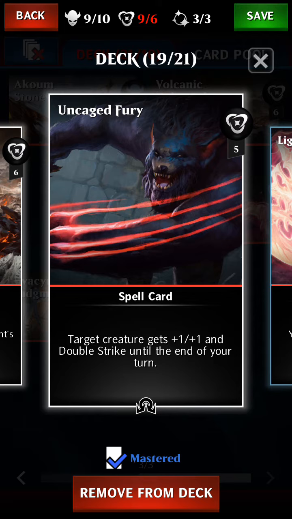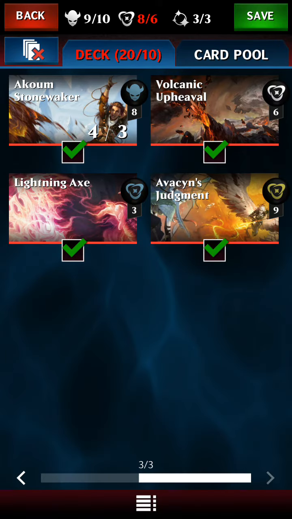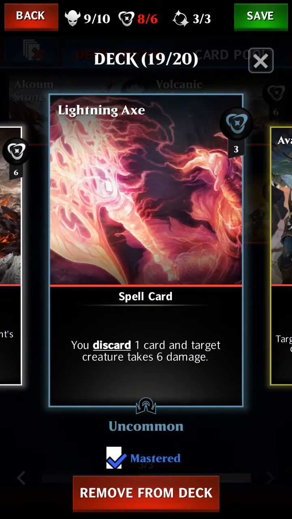I had this glut of cards, so I got rid of this. I got rid of this one mainly too. Again, if it's going well, you don't need this card. You need cards that get you out of a bind, if that makes sense. So then my second idea was